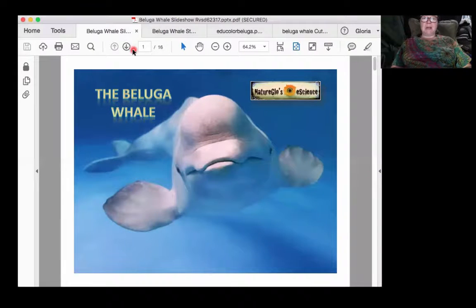Okay, so we'll just dive right in here to our lesson on the beluga whales. And this is another adorable picture. So it's interesting how this one has these wrinkles on its forehead. This is its melon, where echolocation, the melon is used specifically for echolocation, just like in dolphins and the rest of the cetacea. So, but they're really adorable,